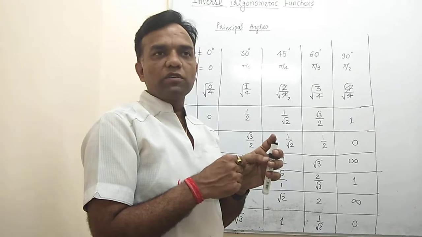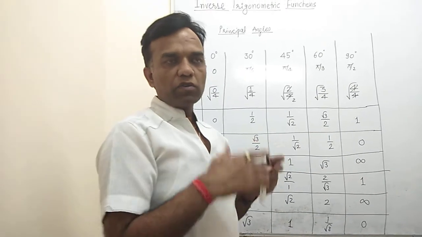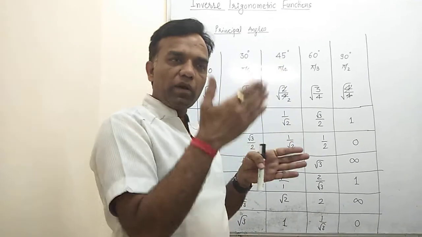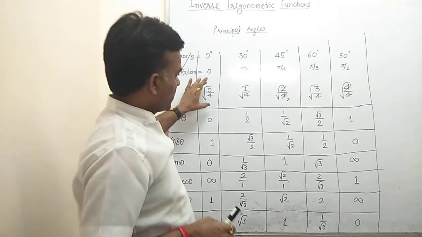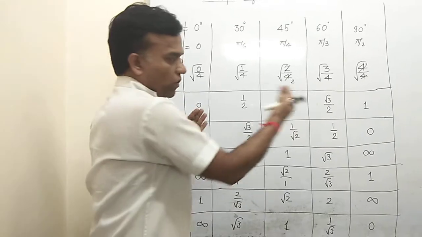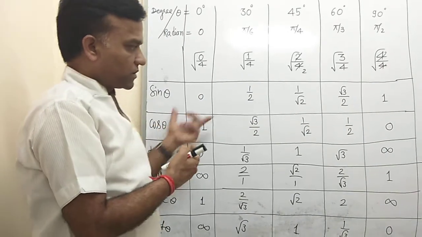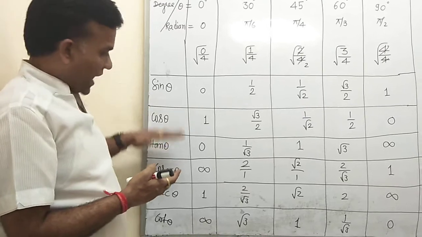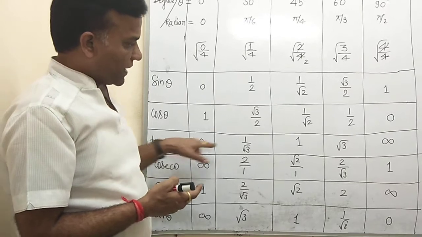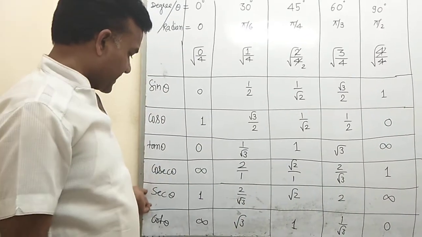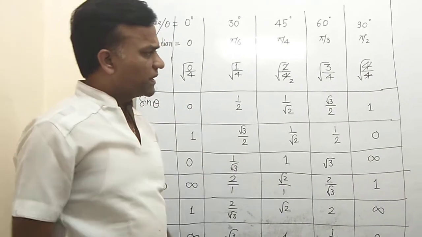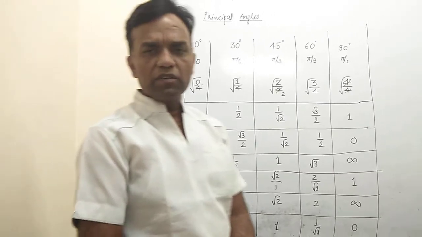And then you write down all the values. You start from 0 and write down consecutive numbers like 0, 1, 2, 3, 4, and 4 at the end. So divide all the numbers by 4 and take the square root of all. The resultant value is for sin theta. Your sin theta values you rotate or reverse for the cos. So this is the form of sin and cos. And we know that tan theta is the division of sin theta and cos theta. You write down the division and write the result here. And cosec, sec and cot are the reciprocals of sin theta, cos theta and tan theta. So this is very easy. Easy forming, easy to get the values.